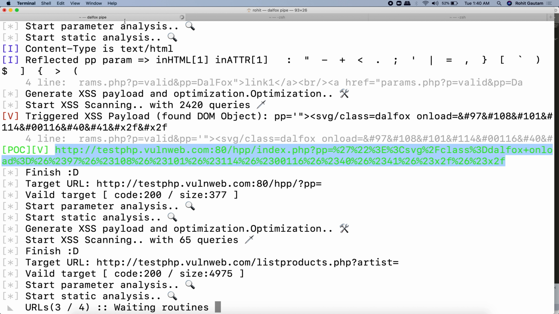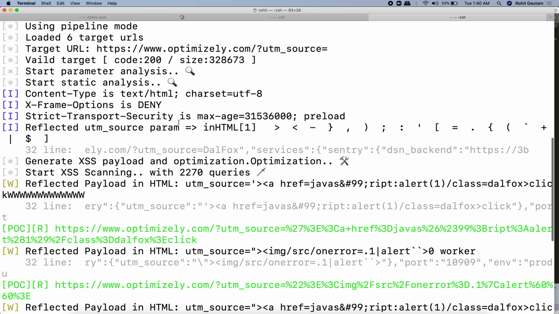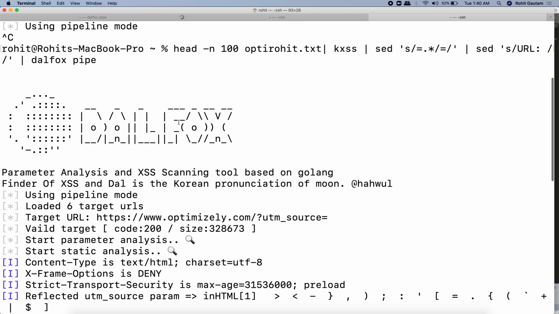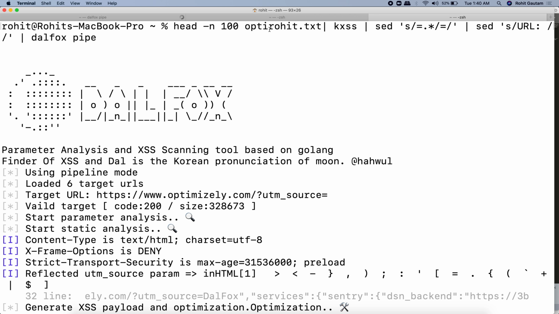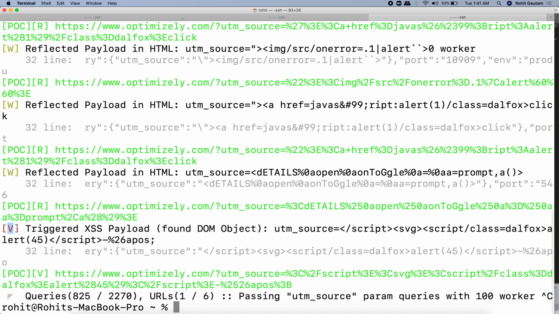One more thing I want to say, guys: if you see over here, this particular file contains all the URLs for a specific program. I'm going to test only the first 100 URLs. So I've given the same command and I've piped it to Dalfox. Remember, here I'm just testing the first 100 URLs from the target that I have saved the URLs into. And you can see I was able to get a vulnerable